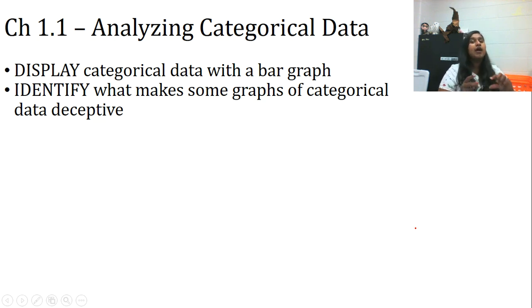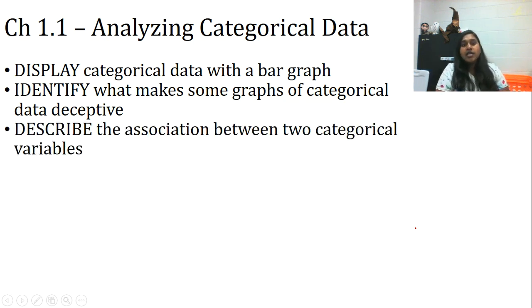There's a few others. So I'm just giving you kind of hints what to think about, what to look for, what to process from your notes and all of our work. Describe the association between two categorical variables. So that's just recognizing, can I infer? Can I not infer? Is it enough information? Is it not enough information? Even though I see a strong association, it doesn't necessarily mean that there is a relationship between them. So kind of recognizing what is an inference, what is a formal inference in statistics.